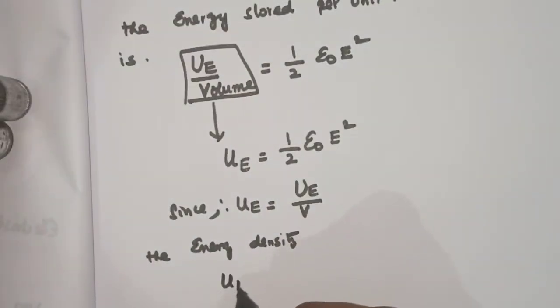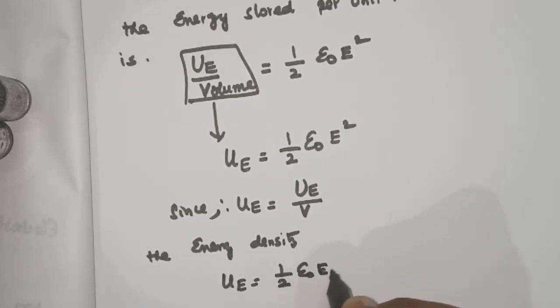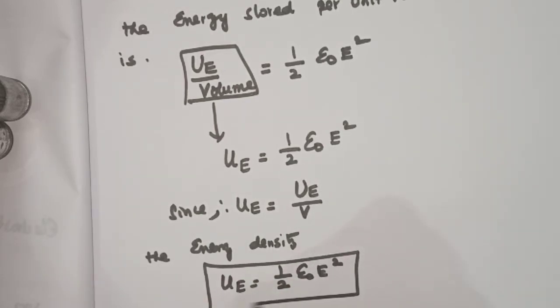This energy density UE equal to half epsilon naught E square. Okay,